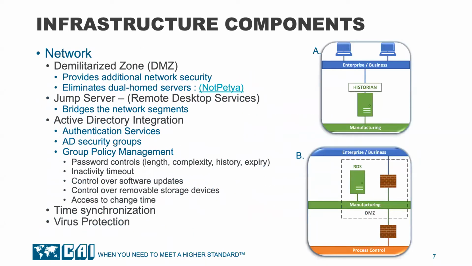Although I mentioned that data integrity is not the focus of this presentation, good network architecture and network security is essential to data integrity and our data infrastructure. While discussing the data infrastructure diagram, I mentioned the DMZ. Without a DMZ, servers are often configured to span more than one network. This is called being dual homed.